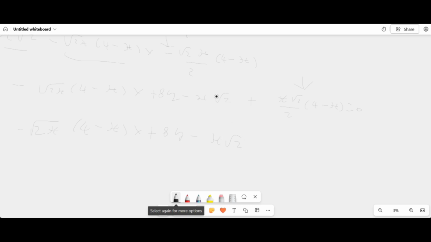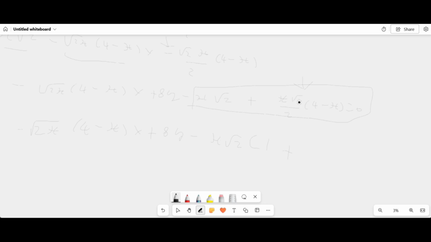Alright, so pi root 2. Take pi root 2 out of this whole thing here. Taking pi root 2 out of that leaves 1, because I've got minus pi root 2 out of minus pi root 2, so that leaves 1 there. And if I take pi root 2 out of this situation here, we're going to get left with